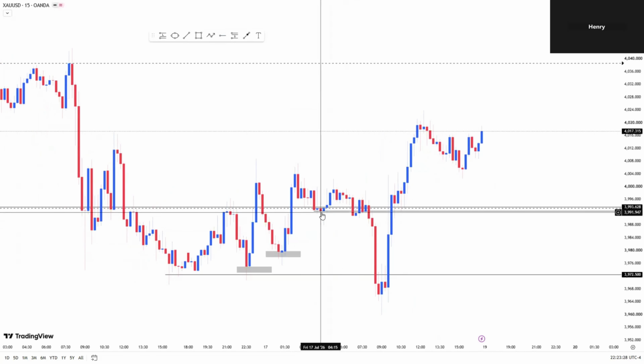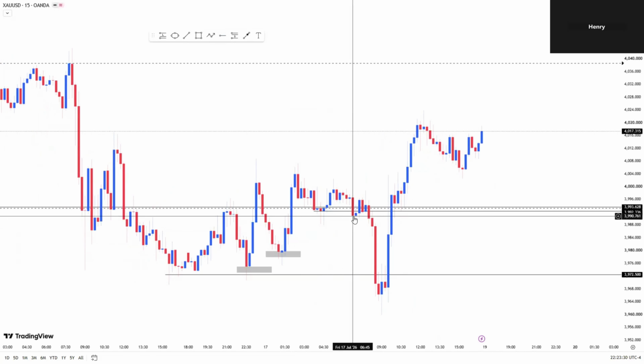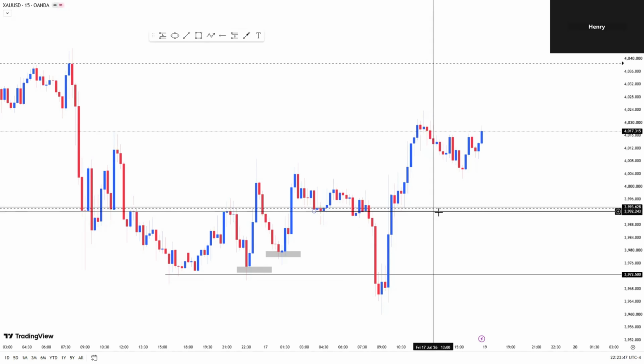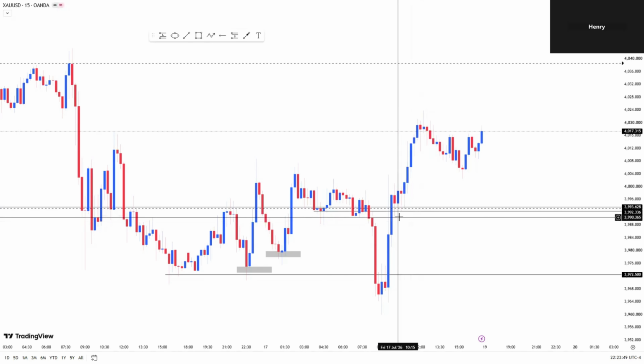Higher low, price breaks underneath this level. First indication. You guys have to put this in mind. Whatever price does, it has a reason, right? Every little movement price does is for a reason. I'm not gonna lie, I didn't take this trade at the main level because I was